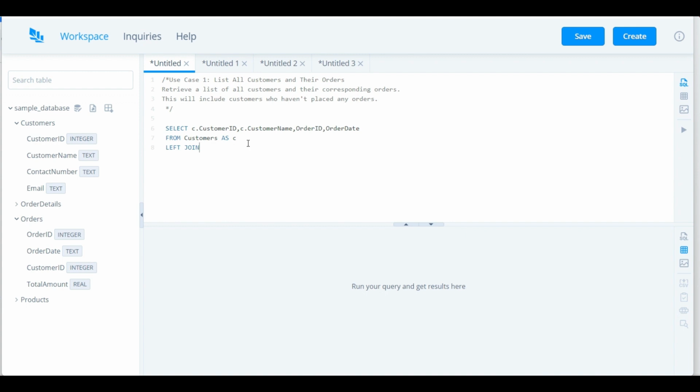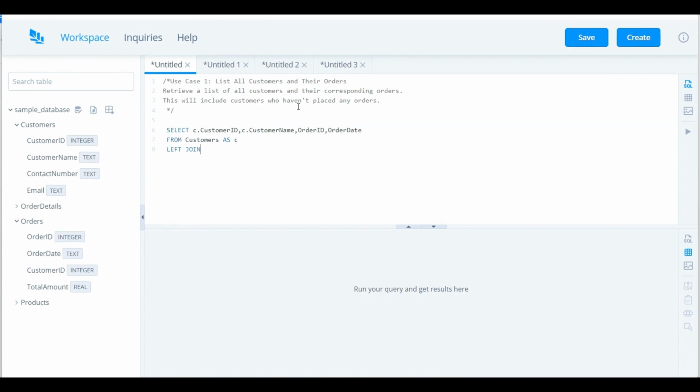I've started with the customer table because we want all the customers. Like the question says, we should retrieve all the customers. So that means we want our left table to be the customers table. If we do a left join, we take everything from the left table and join it with the other table. So that's why I started with the customers table. So left join the